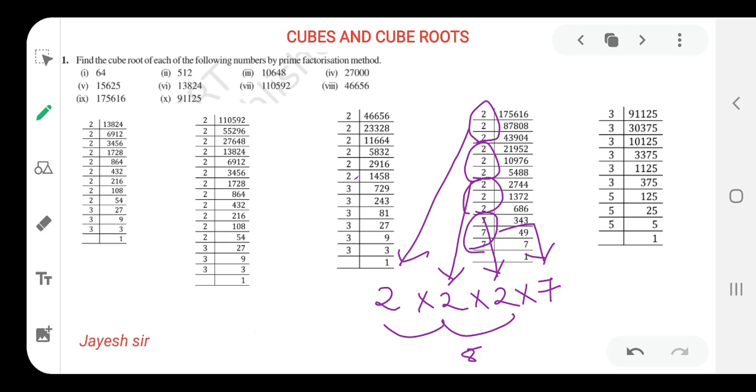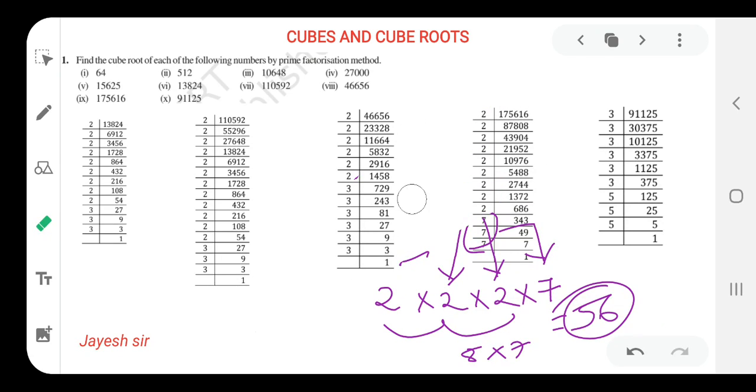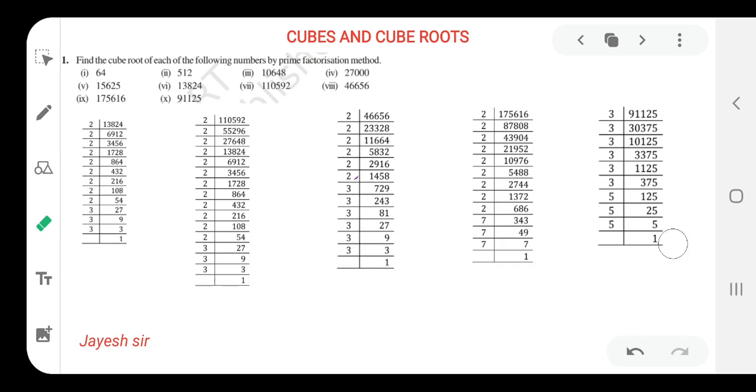That means 8 we know into 7, 7 8s are 56. In this way also you can do. So the cube of 56 is given, that is 1,75,616 is the cube of 56. I hope you all might be getting it and you all might be able to understand it properly. This is the easier type of method, friends. So let us begin with the next sum, that is